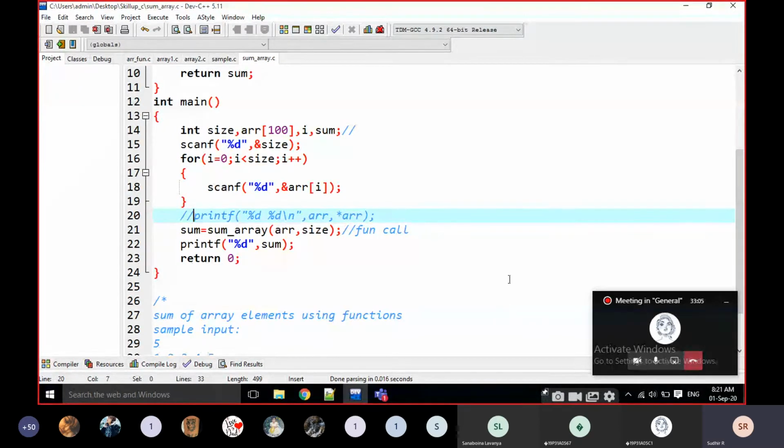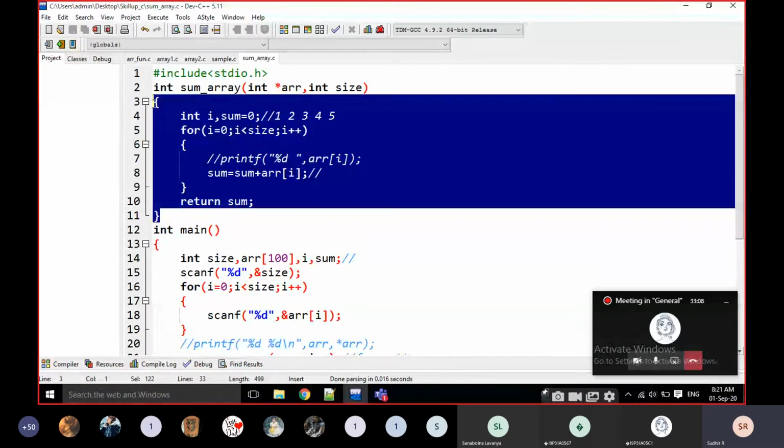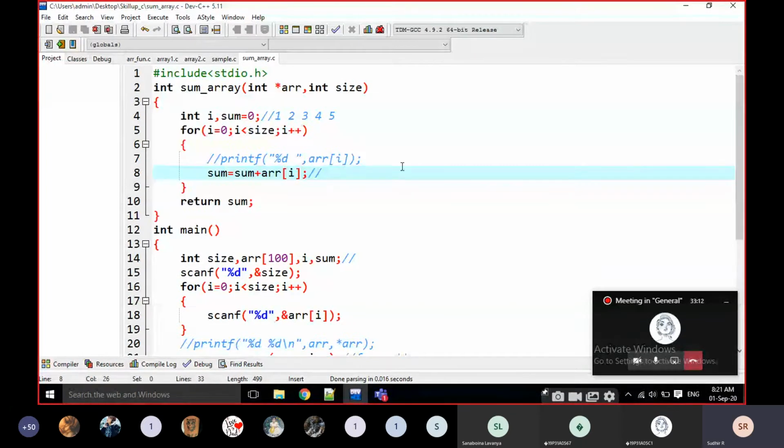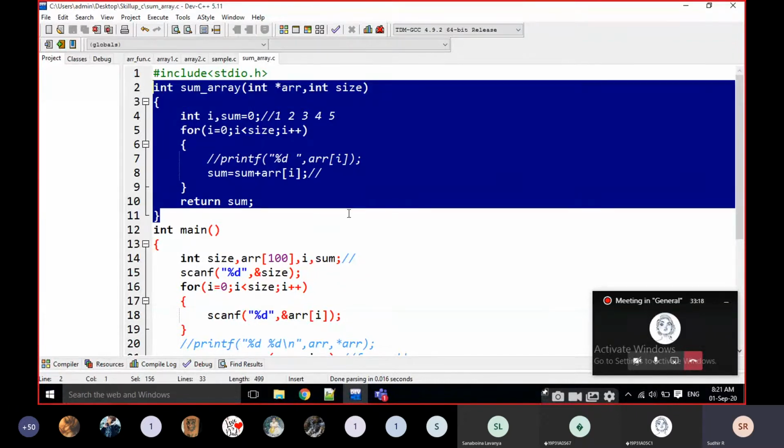Yes, this is the main function, and now the function definition. This is the function. Note down. If you have any doubts, just ask here, students. Why am I taking sum is equal to 0?